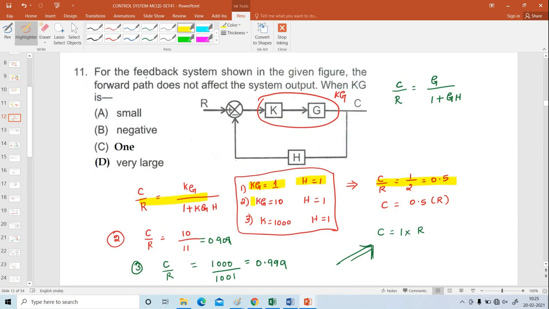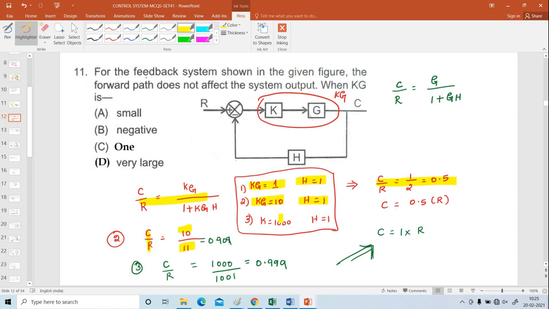And the second condition, KG equal to 10, H equal to 1. And what is C by R? 10 divided by 1 plus 10, that is 11. 0.909. And next, the third condition is K equal to